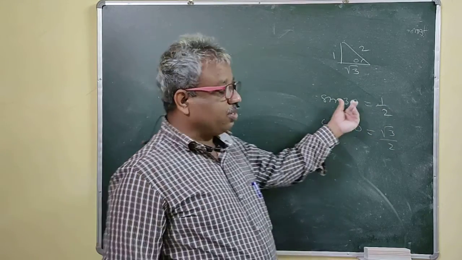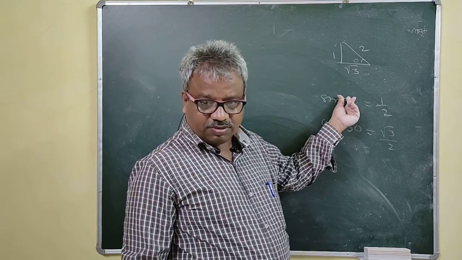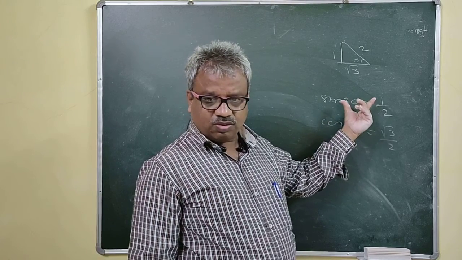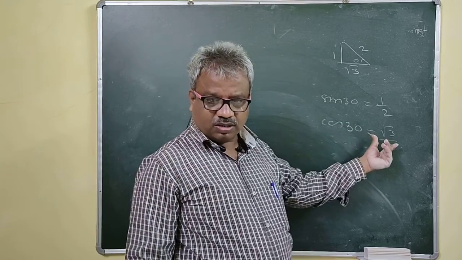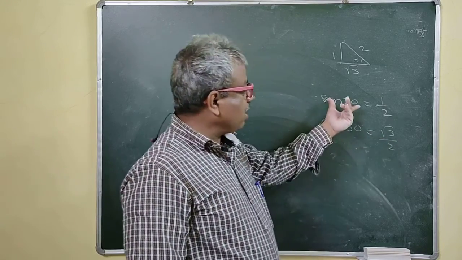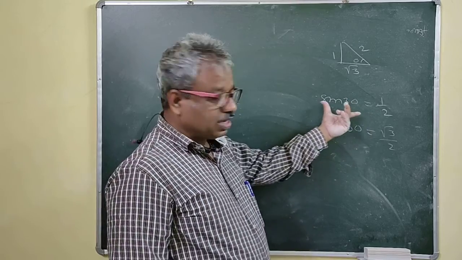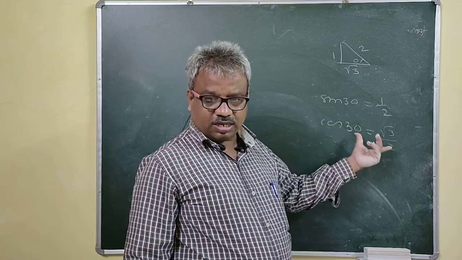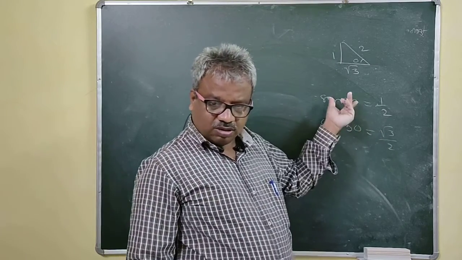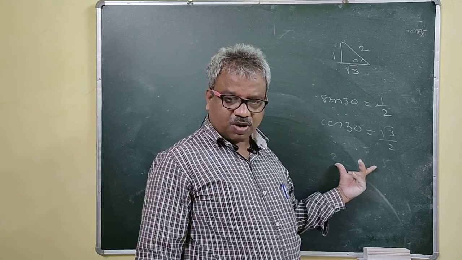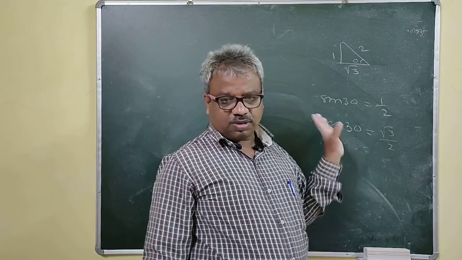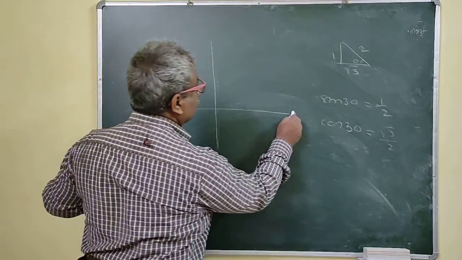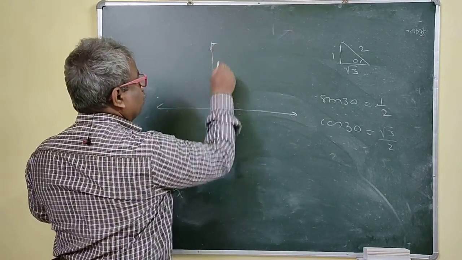Now here the problem is that theta is not given. Here 30 is given, so the angle is known and the position is known also. If the quadrant is known to you, you can write the value of cos as either positive or negative. You can also apply the fundamental identity to find the value of cos square 30. You get cos 30 as plus or minus, but since 30 is in the first quadrant, all trigonometric ratios are positive, so you take the plus sign. In this way you can do this, but now how to prove this?